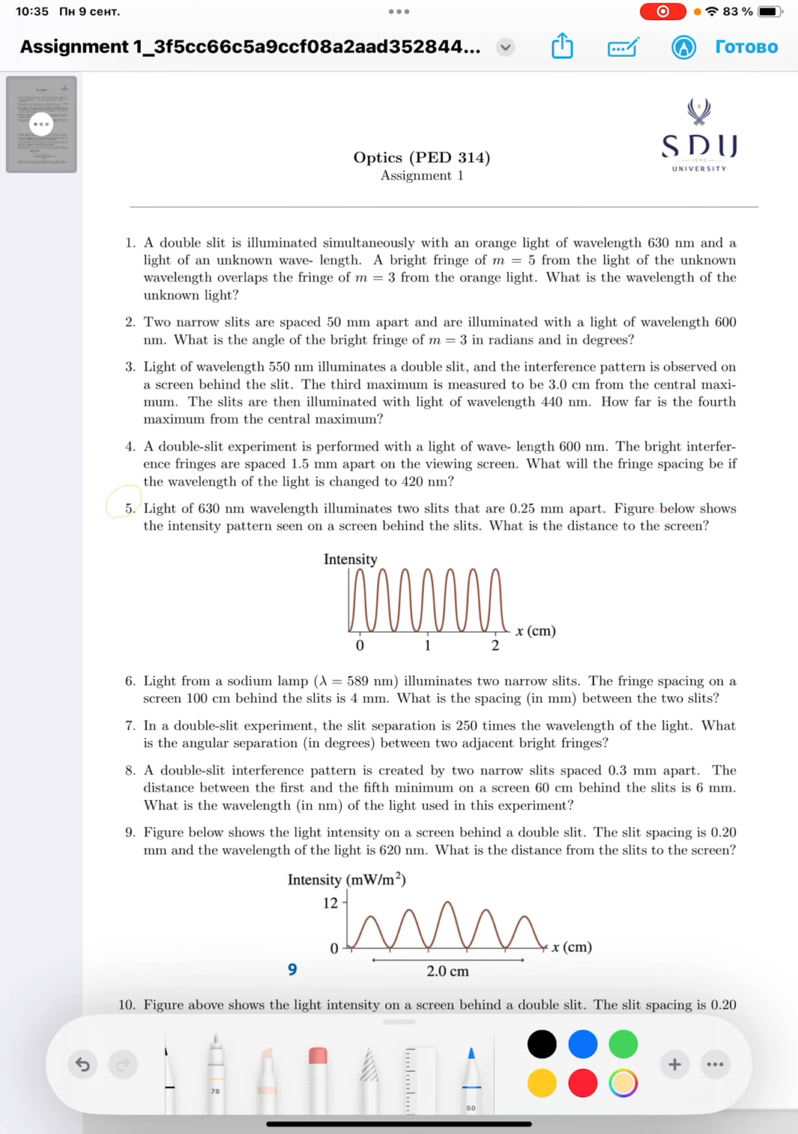Hello everyone, today we are going to solve 4 exercises out of 10 of our first optics assignment, and here is the fifth exercise. Let's read the given. After that we can see the figure below that illustrates the given of our fifth exercise, and here we have the first maximum till the 1. We have 1, 2, 3 peaks, and we can write